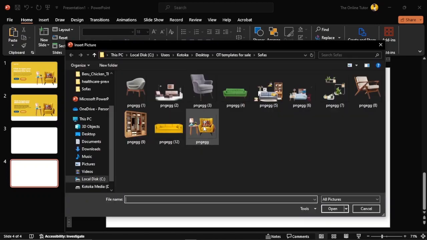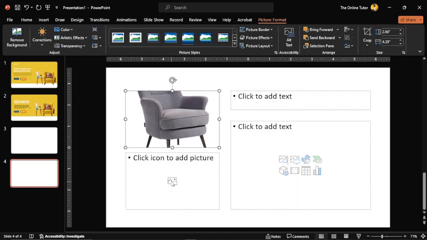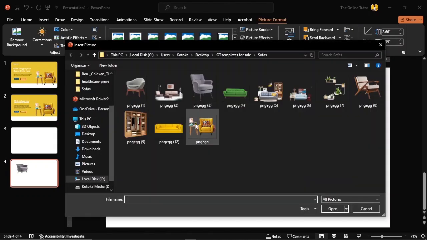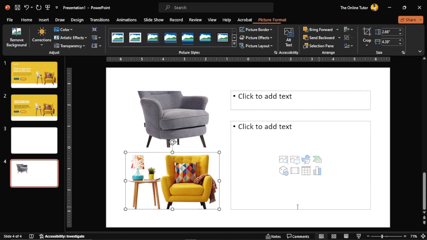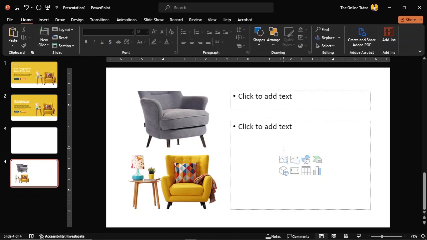I can just go ahead, click, and then insert any kind of image I want, and then it will be inserted for me. So that is how we create placeholders in